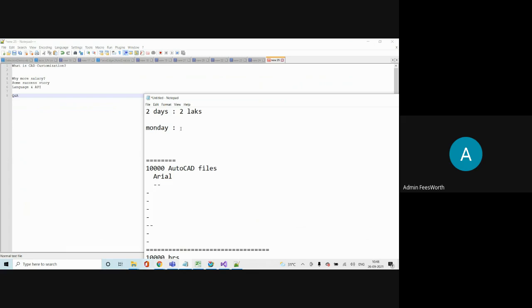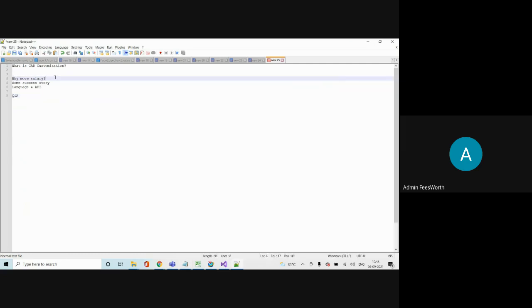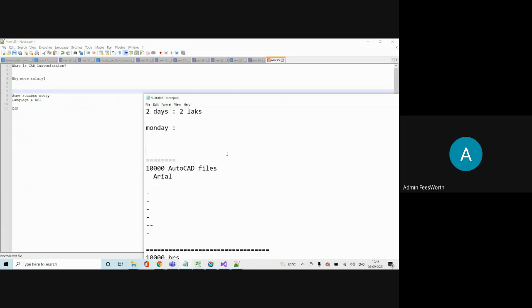and people are not there in the market. Another reason for so much demand is, who can do this work? You just think and tell me who can do this CAD customization work. In India there are so many software engineers, very good programmers, but unfortunately they don't know CAD in depth.